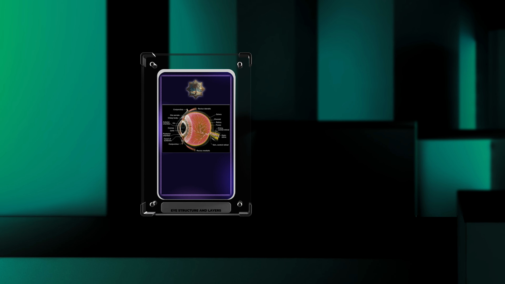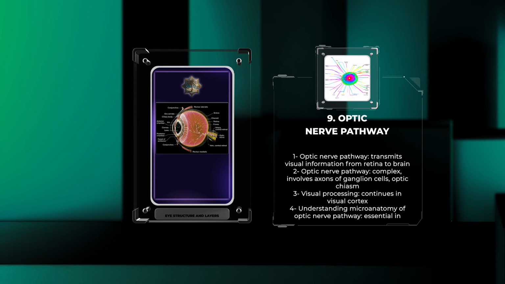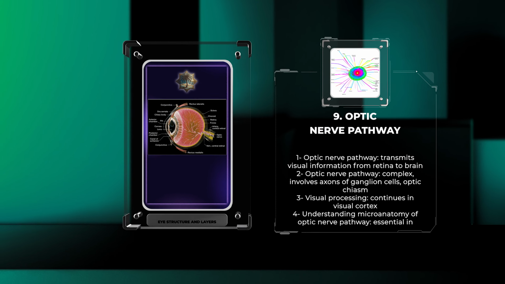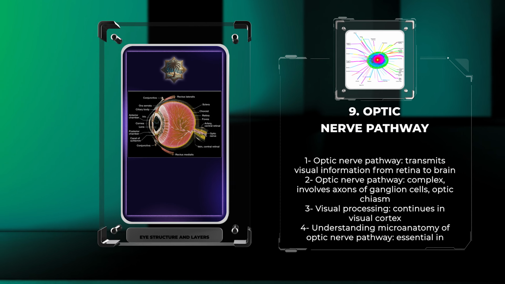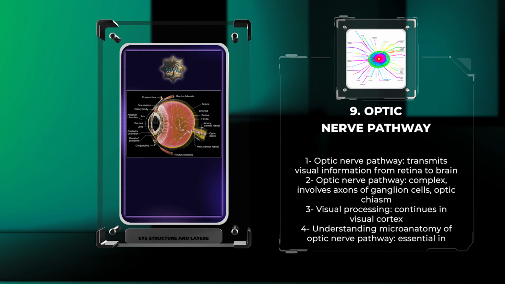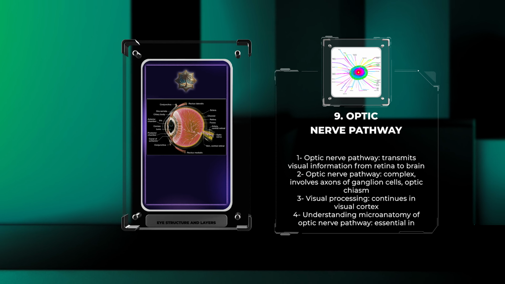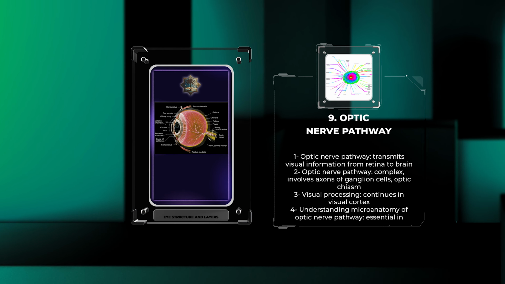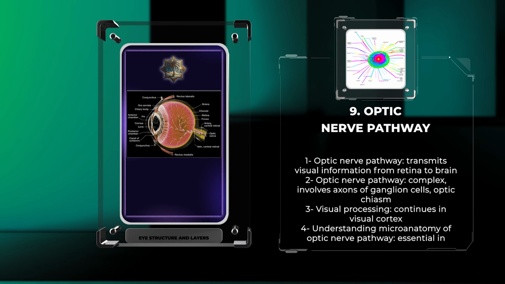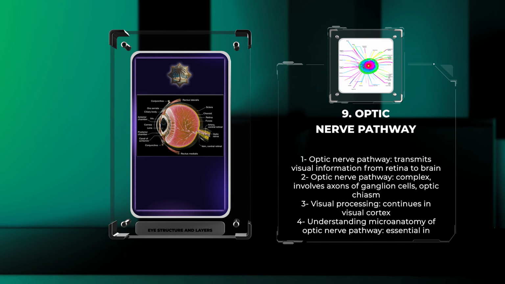The optic nerve pathway is responsible for transmitting visual information from the retina to the brain. This complex pathway begins with the axons of ganglion cells, which converge to form the optic nerve. The optic nerve then travels towards the brain, crossing over at the optic chiasm, leading to further visual processing in the visual cortex. Understanding the microanatomy of the optic nerve pathway, including the arrangement of axons, the presence of glial cells, and the regions of decussation, is essential in diagnosing and managing conditions affecting visual transmission, such as optic neuritis